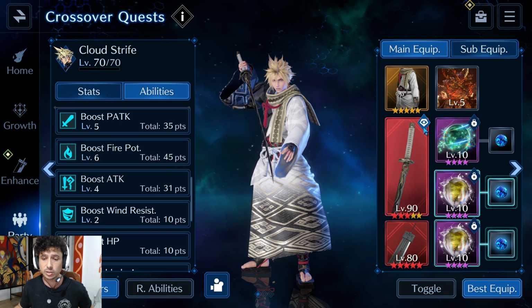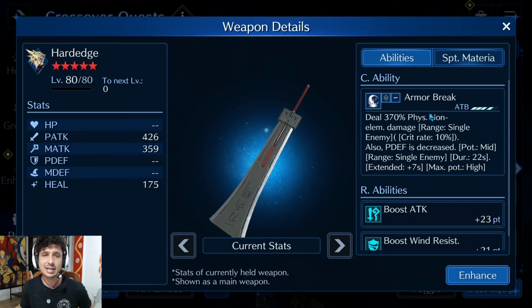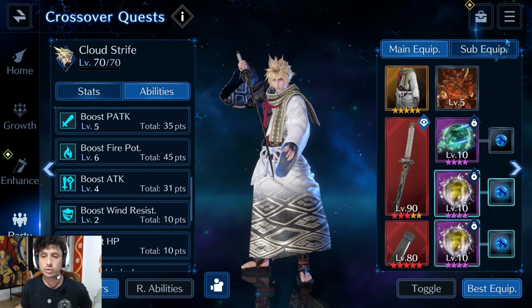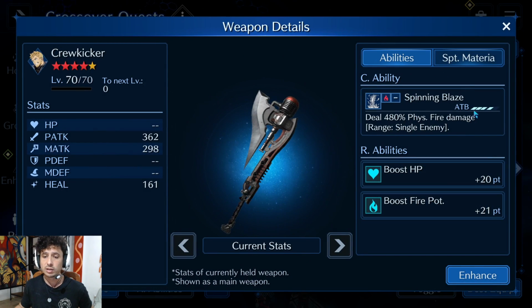We have the Sky Splitter at OB3 in the first slot. I'm bringing Hard Edge here, although in my last clear I didn't really use it. I just basically use Cloud as a full-blown DPS, but this is here to reduce the boss's physical defense if you so need it. Other than that, his sub-equipments are going to be the Crew Kicker for the fire potency